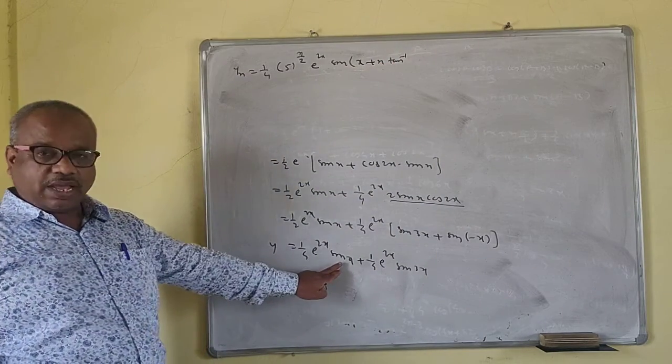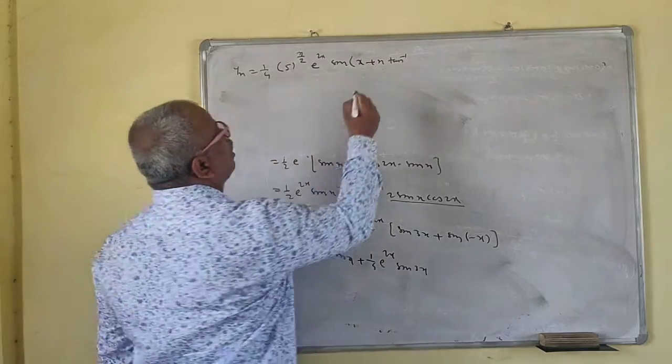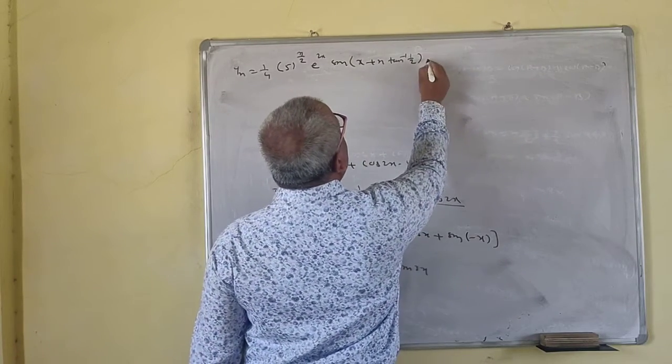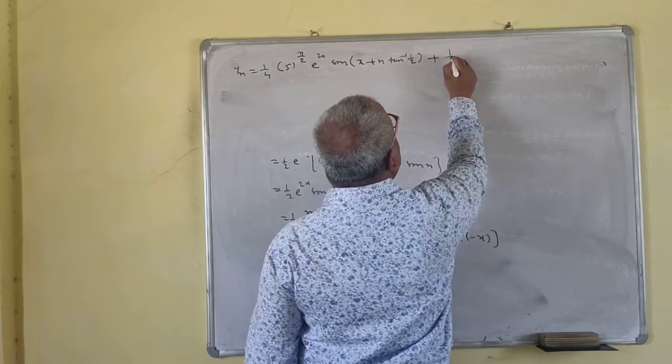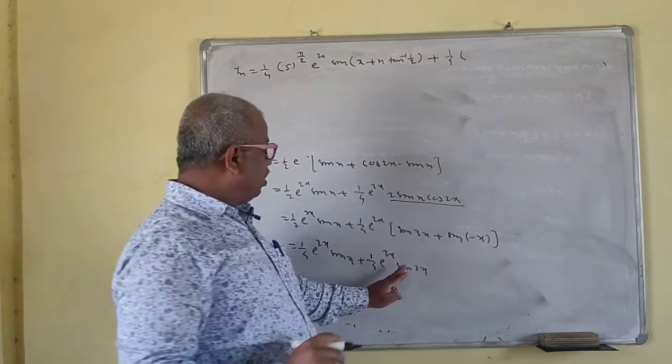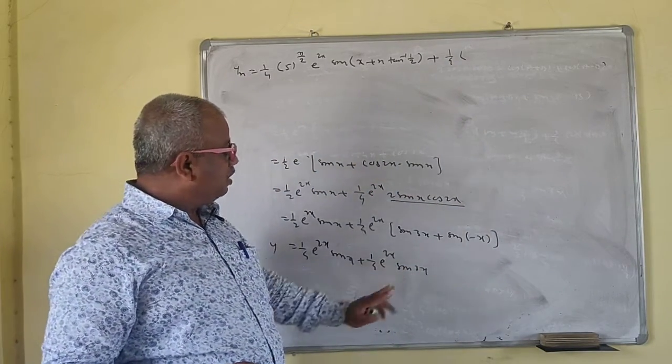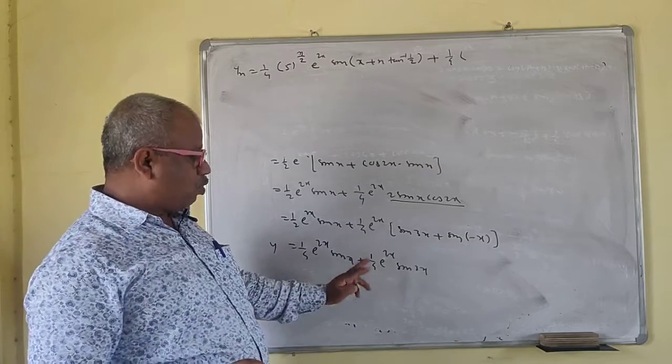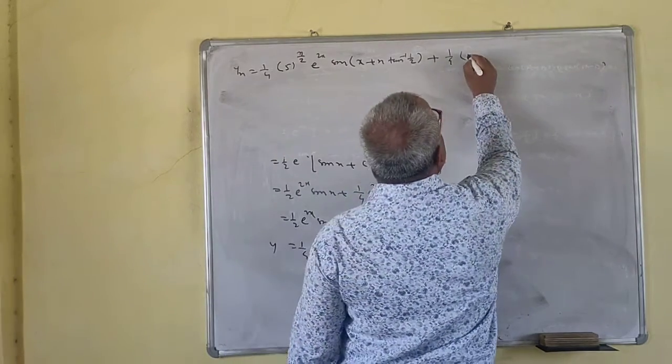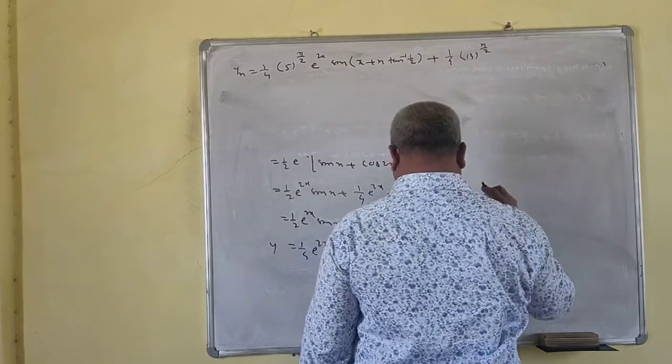So your b is what? Angle 1. 1 by 2. Tan inverse of 1 by 2. Plus this 1 by 4 as it is. A square plus b square. Your a is 2. Your b is 9. So a square is 4. 4 plus 9 is 13. So this is 13 n by 2.